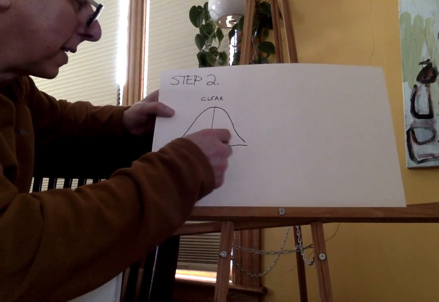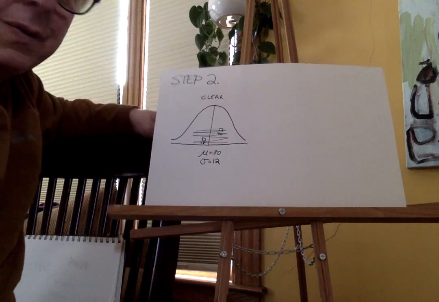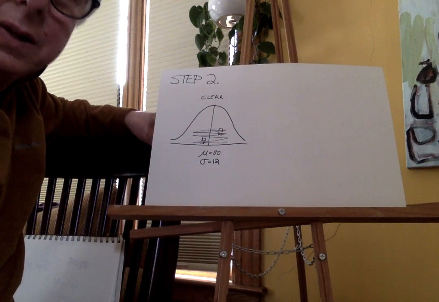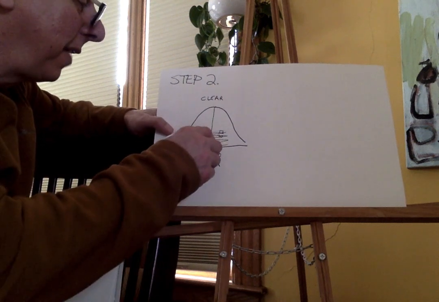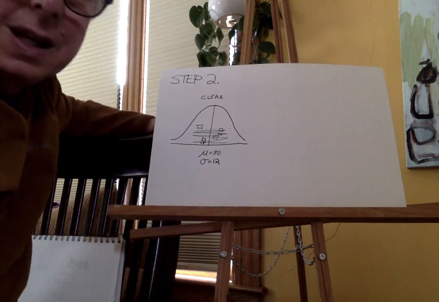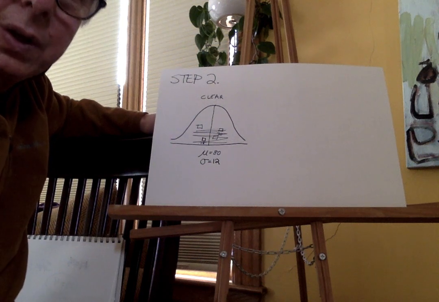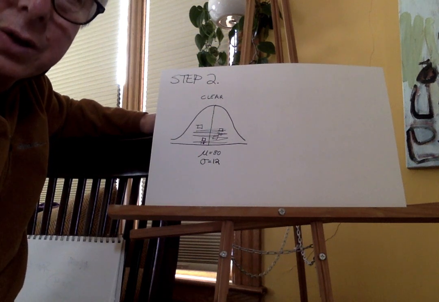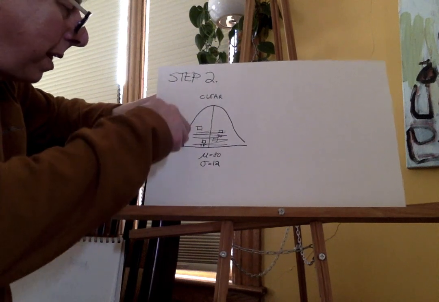This is what I expect from people tasting the clear solution. That's where I expect them to rate it. If my red falls in here, then I'm going to say they're not acting differently from the people who tasted clear solution. Okay? But at some point,